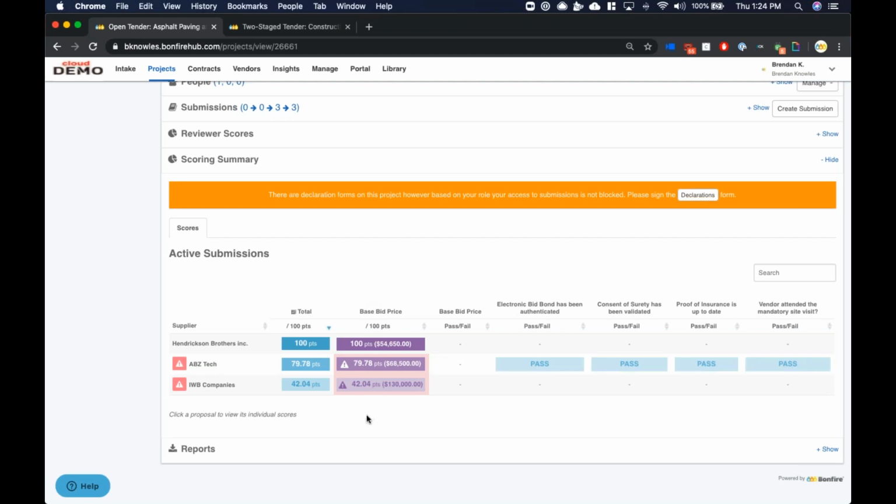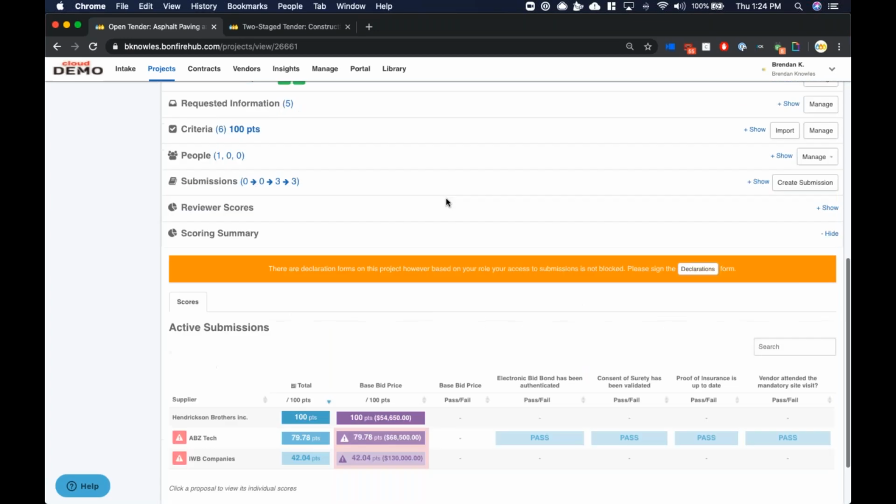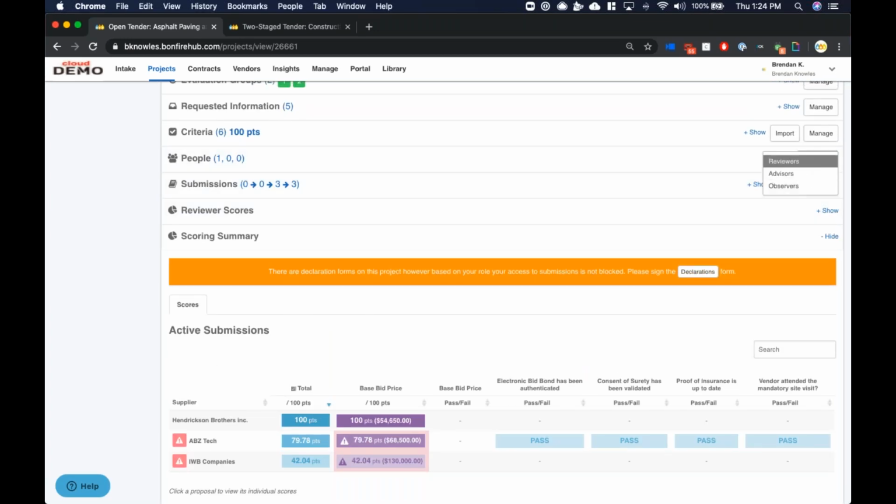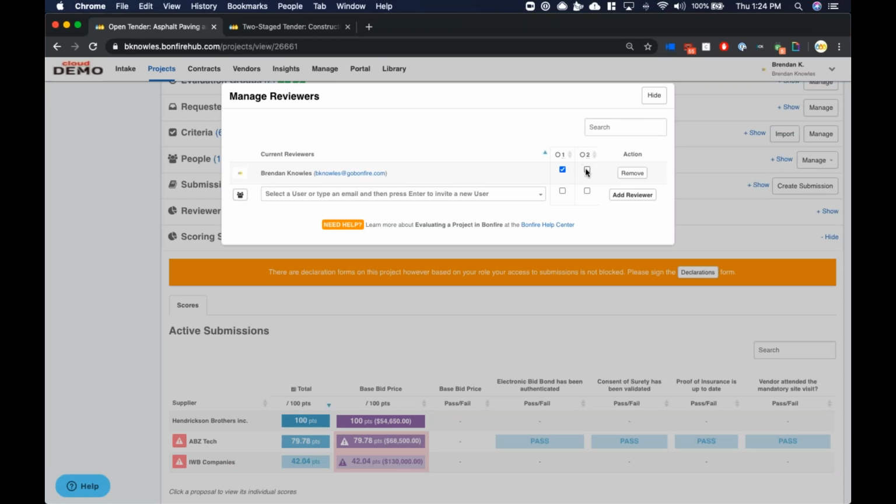So that's one approach. Now, certainly if we didn't want to mandate the requirement for using a weighted approach across the pricing evaluation, and we just wanted to apply a pass or a fail, we could do so as well. So I think I just need to map myself as an evaluator to group 2.